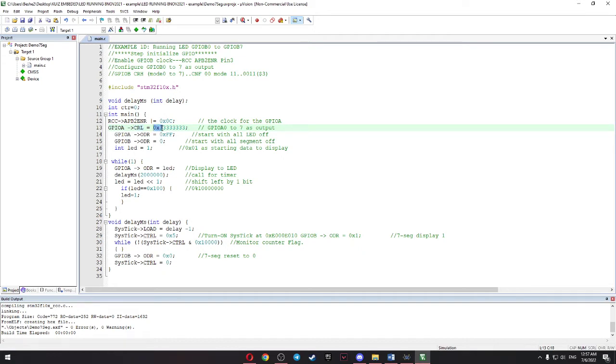So 0x33333 is for setting pin 0 to pin 7 as output. GPIOA ODR, ODR stands for output data register, so we want to set the output. 0xFF. We will start with all LEDs off because of